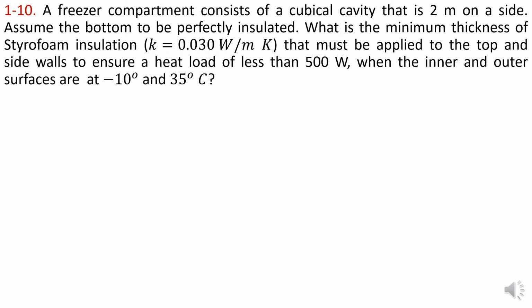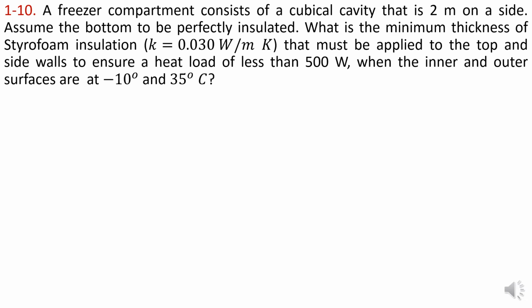This is the first problem, which is problem 1-10 of our textbook, and it states that a freezer compartment consists of a cubical cavity that is 2 meters on a side. Assume the bottom to be perfectly insulated. What is the minimum thickness of the styrofoam insulation, k = 0.030 watt per meter Kelvin, that must be applied to the top and side walls to ensure a heat loss of less than 500 watt when the inner and outer surfaces are at -10 and 35